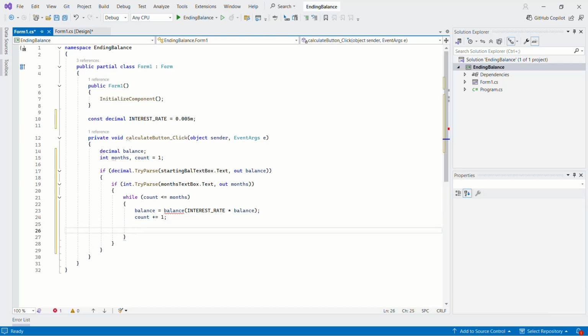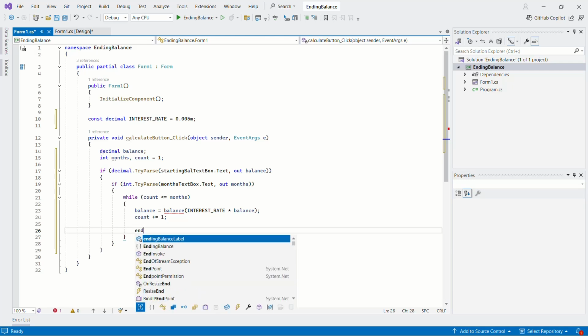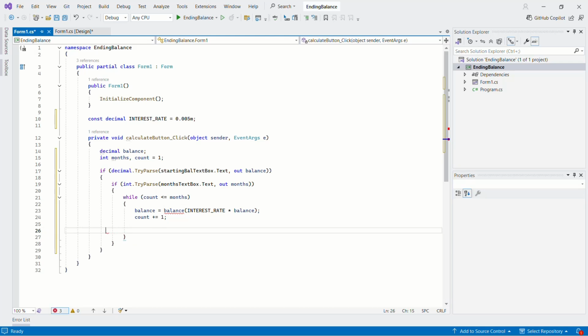So then after we get that done, then our ending balance, oh, sorry, back up here. Actually, it goes after the while loop, so after we get all this calculated out. And have balance equals balance plus. I left my plus sign out of there. There we go. So after the while loop then,